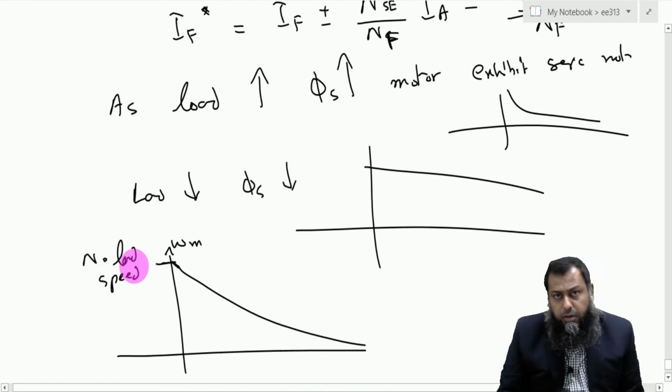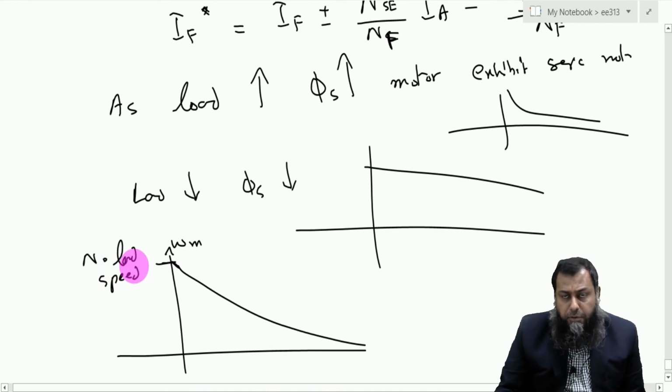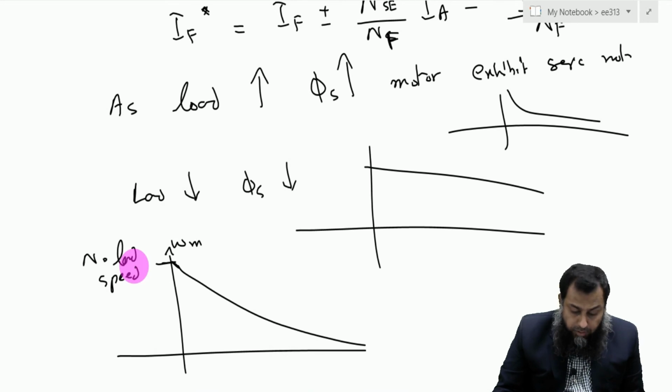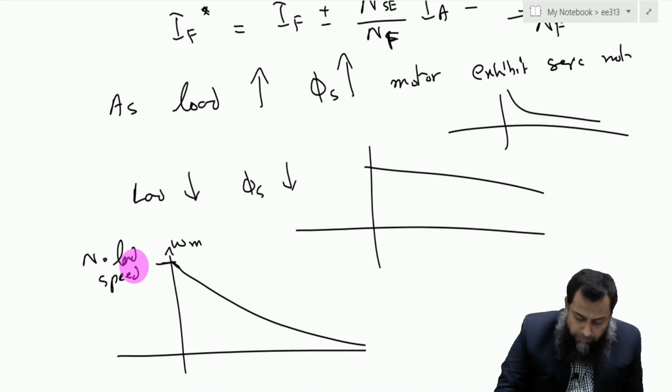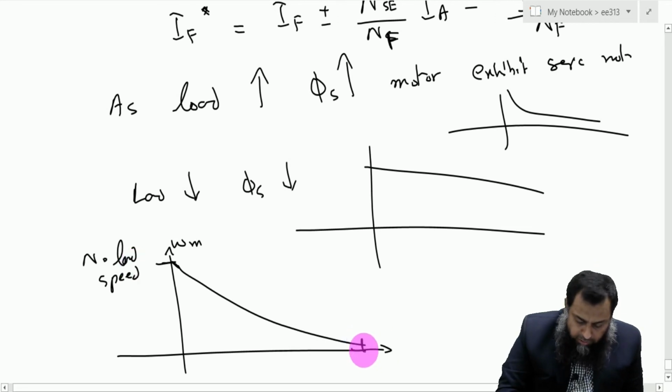Because at no load, Ia is approximately equal to 0. So whatever the shunt motor characteristics are, it will actually exhibit them. But as you apply the load, you gain very high torque as you start the motor. If you apply some torque, it will act like